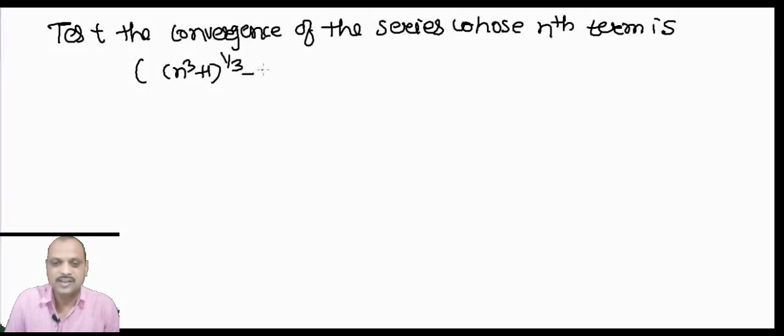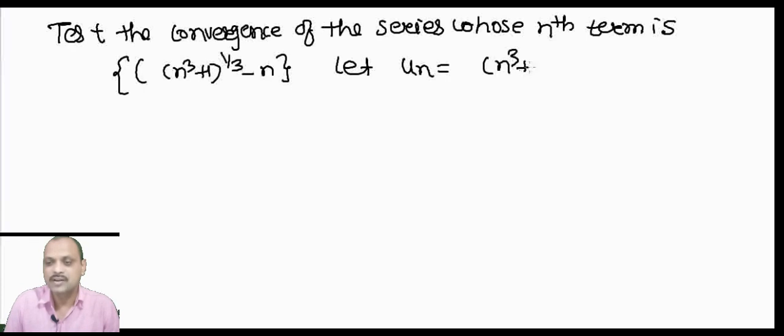This is the nth term of the series. So first let us write un equal to (n cube plus 1) whole raised to 1 by 3 minus n. Now taking n common from both terms, this will be n times (1 plus 1 by n cube)